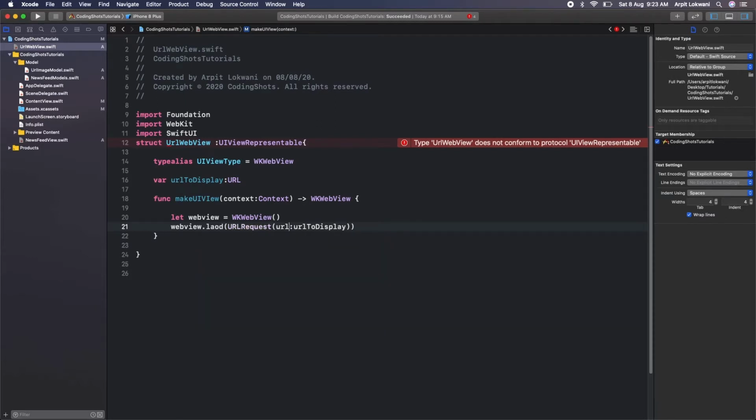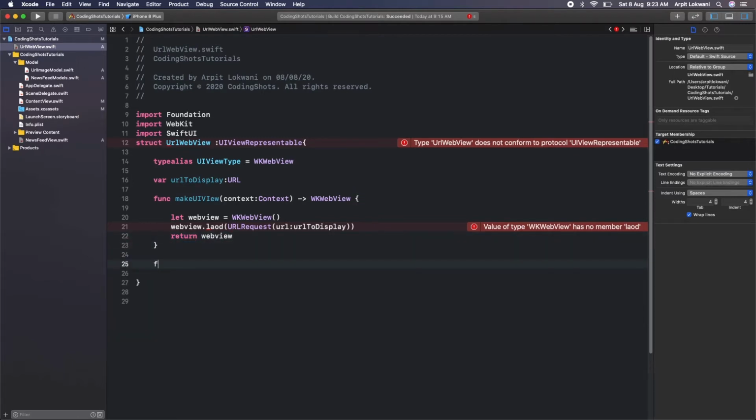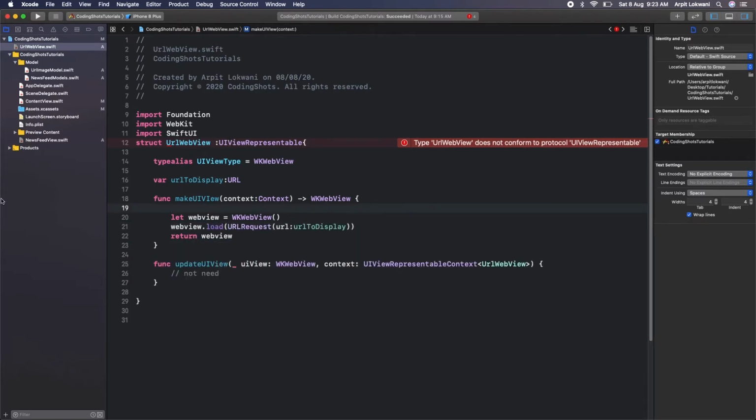We can remove this C. Okay, so looks fine, and return the web view. And one more function is there that we can utilize if you want to: update UI view. As of now it is not required, so we can say not needed. Otherwise, okay, spelling is wrong. Sorry guys, my spelling is also wrong. So I hope you guys saw these basic things.